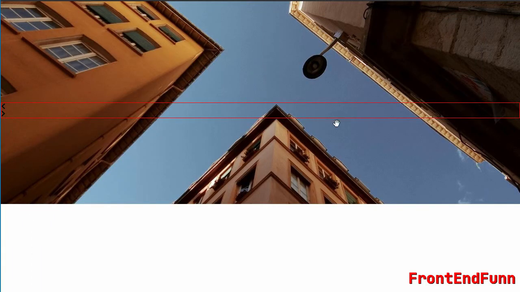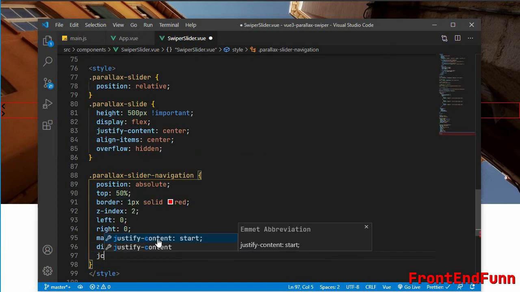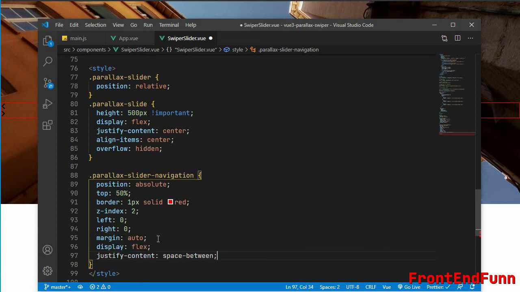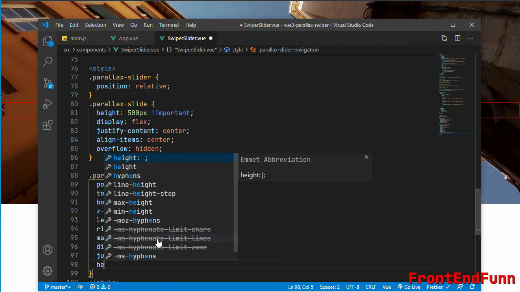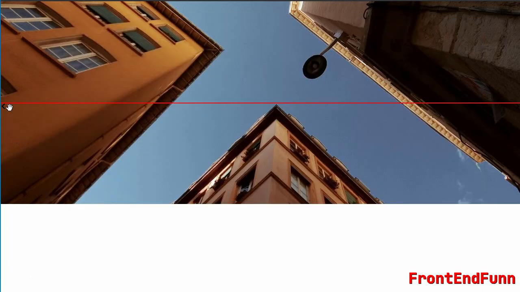Okay, and we'll display it as flex and justify content to space between. And let's give it a height of 0. Okay, right now if you observe, the navigation icon is not at the center of this border,